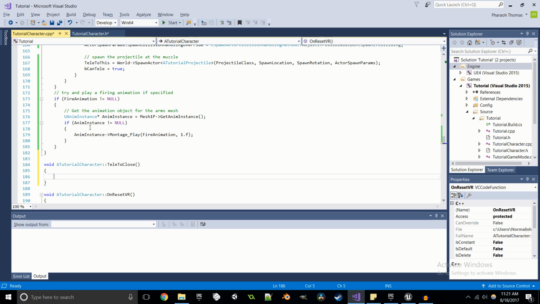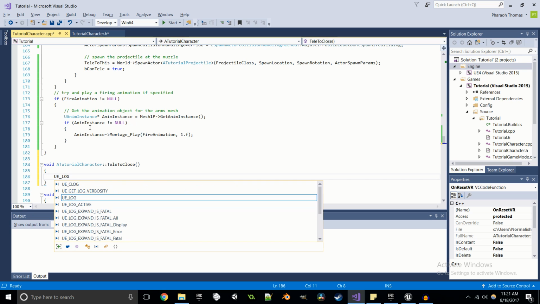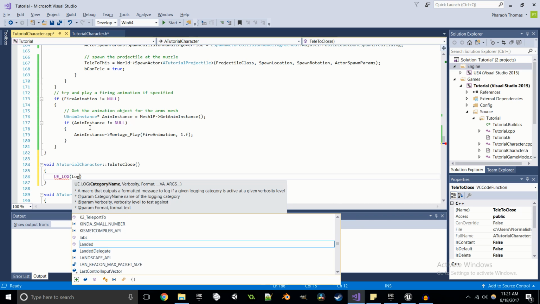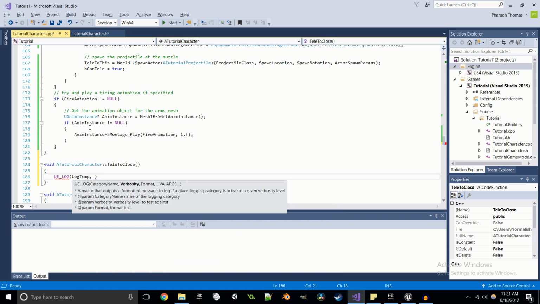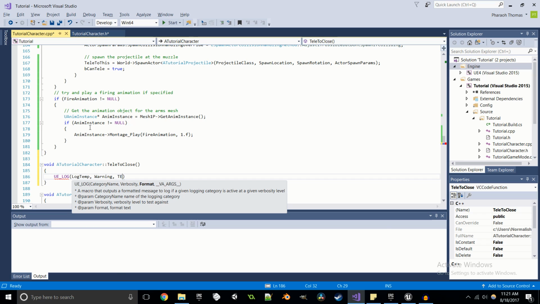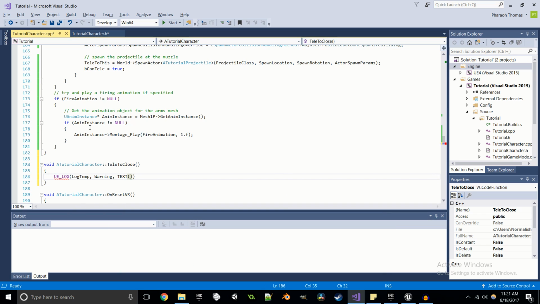And what we're going to do real quick is just add in a log message to make sure that our action binding works. So we're going to go log temp, warning, and our text is going to say "teleporting" with a nice exclamation mark. Boom. So if we go ahead and save these guys